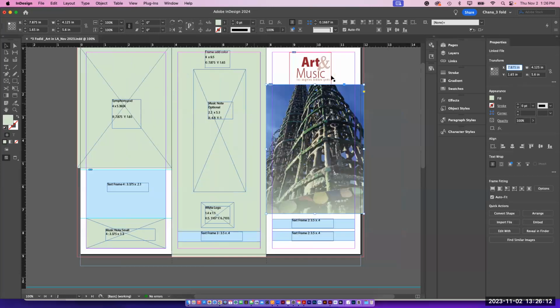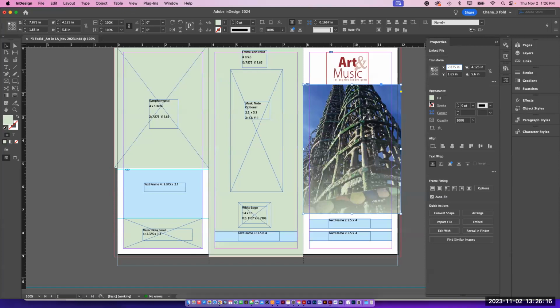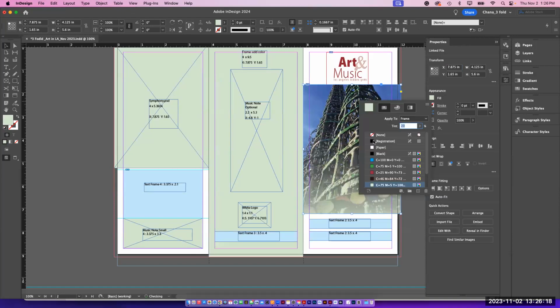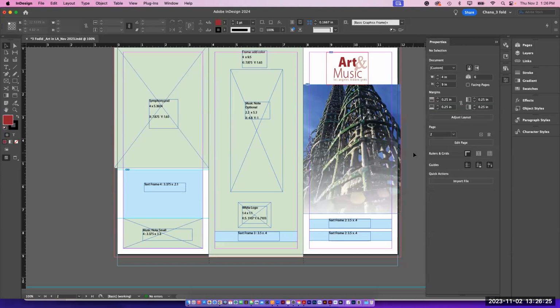So I'm going to bring my properties over here, and I'm going to say I don't want the container to have any color. If I do none, look what I have right now. I have the beautiful Watchtower, and I created the layer mask